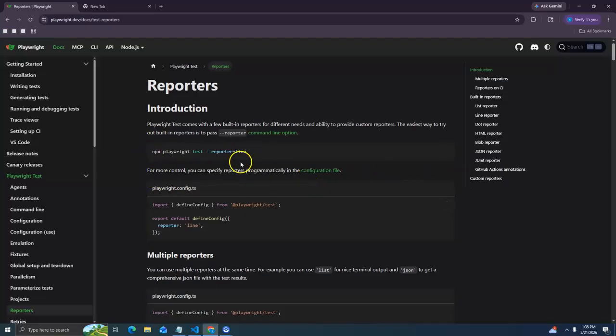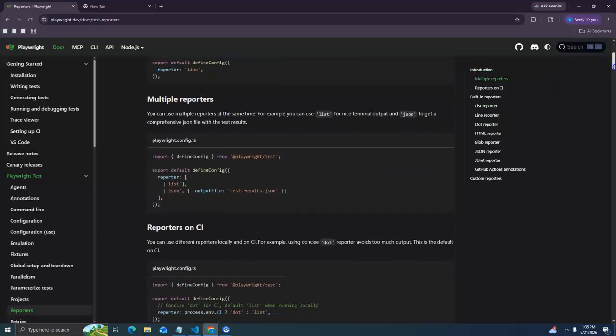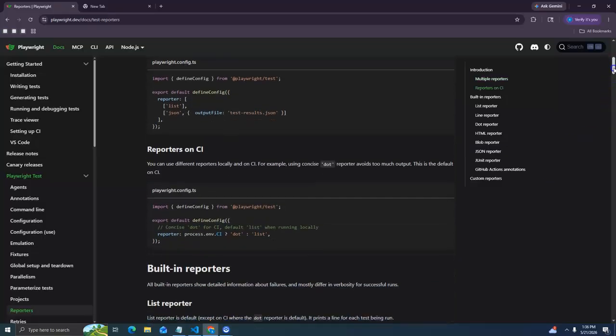Here you can see the reporter command, and you will see multiple reporters and how we can configure them in the configuration file. So we can configure the reporter in a configuration file, or we can provide the command in the terminal. I'll show you both ways to achieve the reporter,